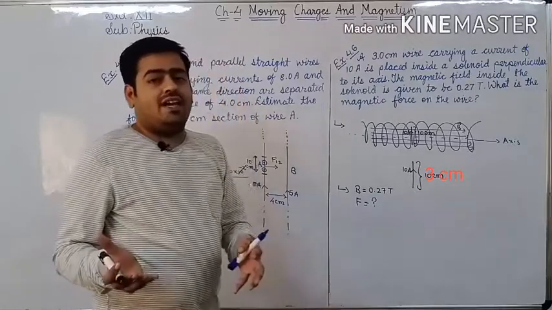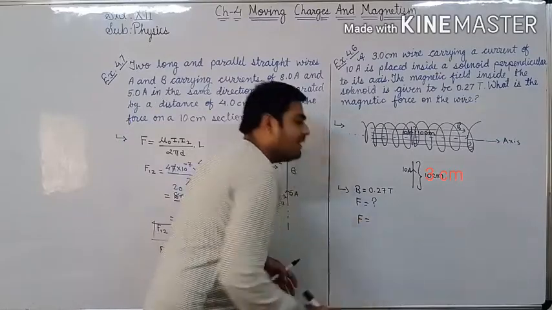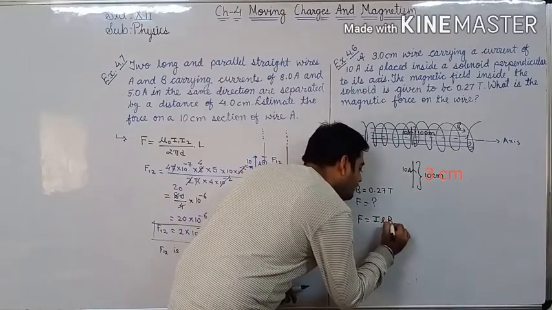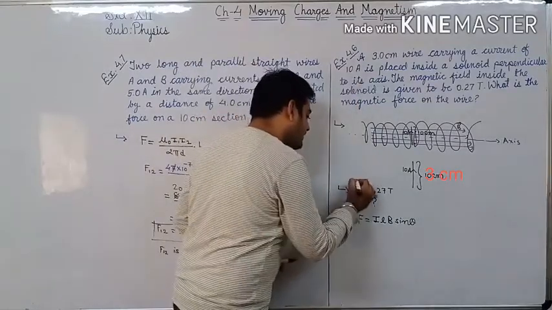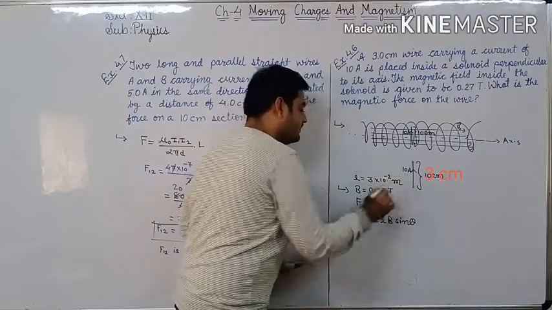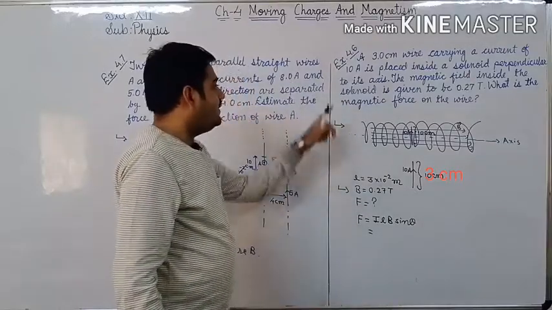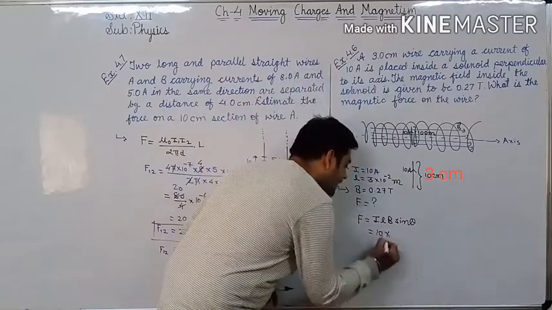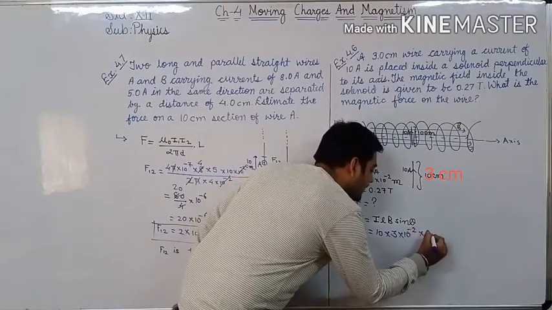So whenever current carrying wire is placed in external magnetic field, at the time force acting on that wire can be given by Ampere's law. That is nothing but ILB sin theta. What is the length of wire? That is 3 centimeter, 3 into 10 raised to minus 2 meter. Electric current, that is 10 ampere. So 10 into length of the wire, 3 into 10 raised to minus 2 into magnetic field, that is 0.27